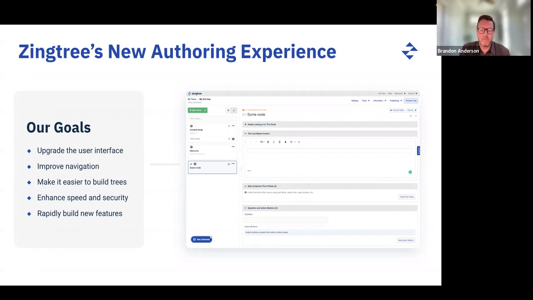So we're super excited about this new authoring experience. Fundamentally, what we're trying to accomplish with this new experience is making your work more efficient, helping you do your jobs better, bringing more tools to your toolkit, and having your end user experience, your end customer experience, be improved.